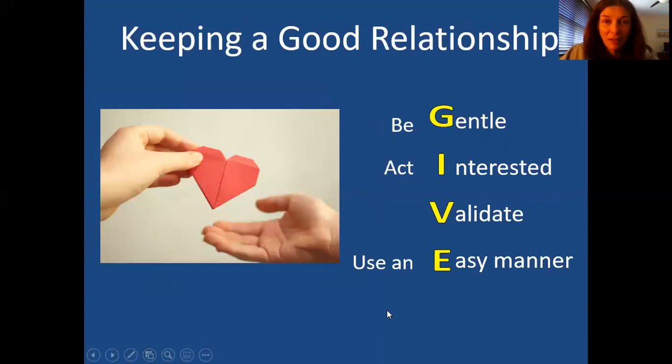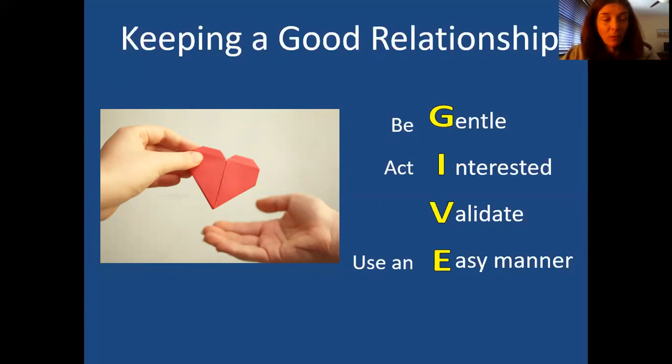Next, the GIVE skill. So this is all about keeping good relationships, right? So we want to maintain positive relationships with the people in our life, whether it's our family, our friends, coworkers, professionals, store clerks, everybody, right? It makes life much more smooth that way. Because if we have turmoil in our relationships, it can be very triggering for us. And our inner turmoil can make our relationships more problematic. So it's a two-way street.